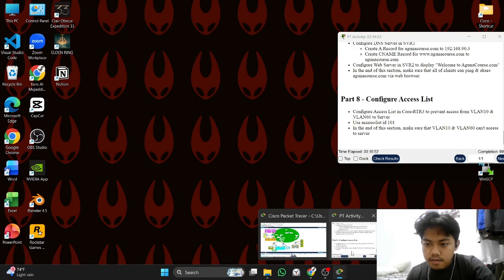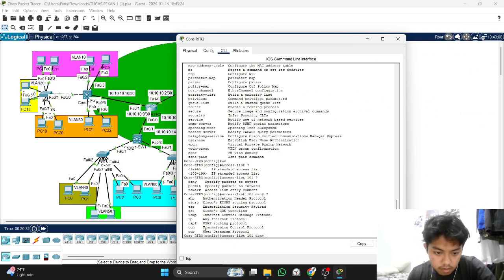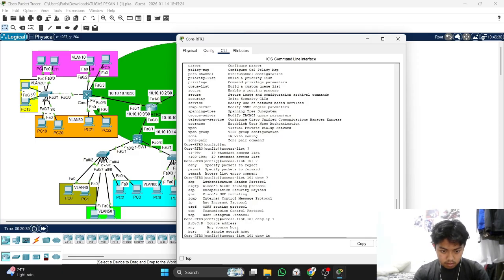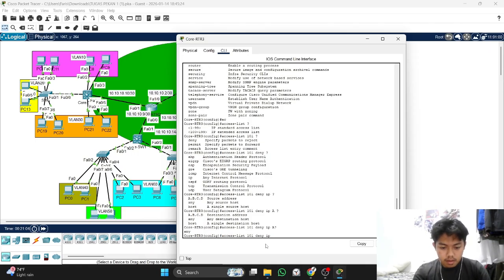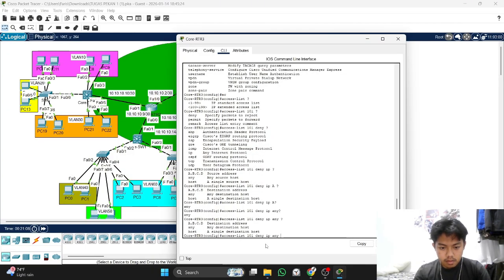How to prevent access? Oh, wait a minute, guys.